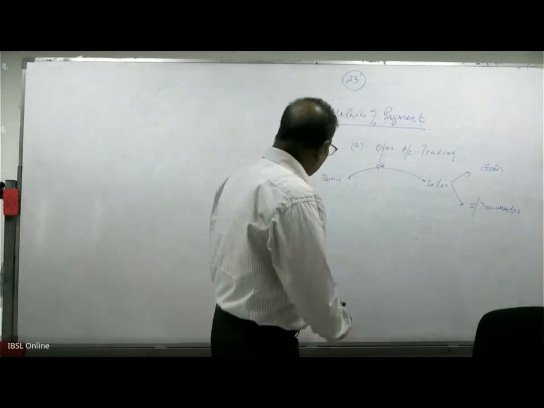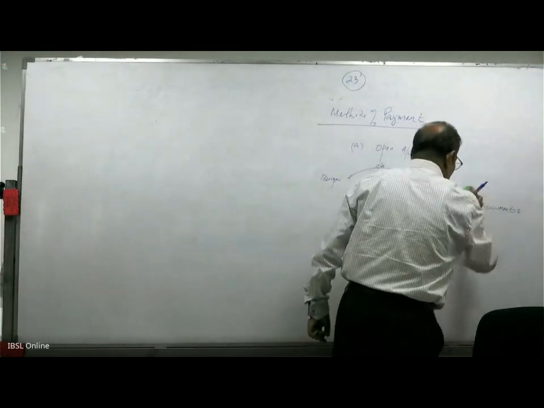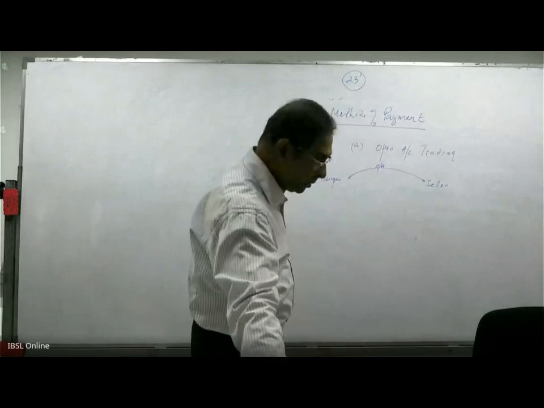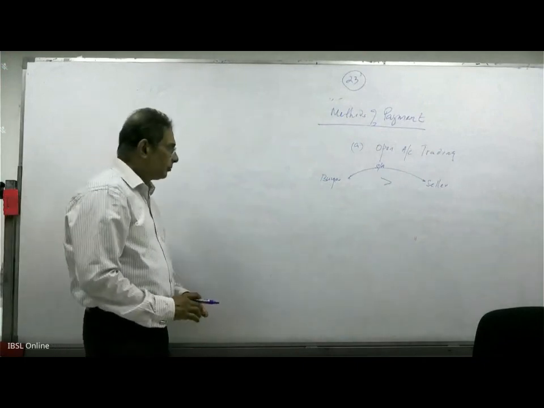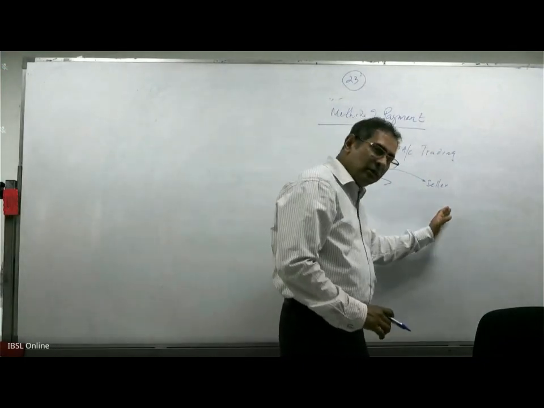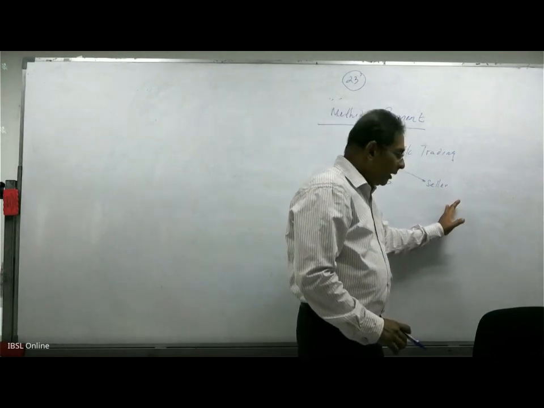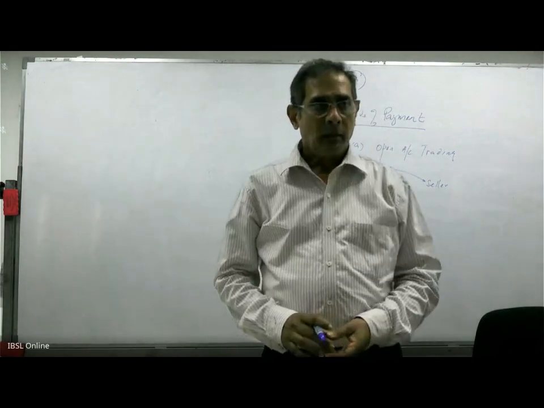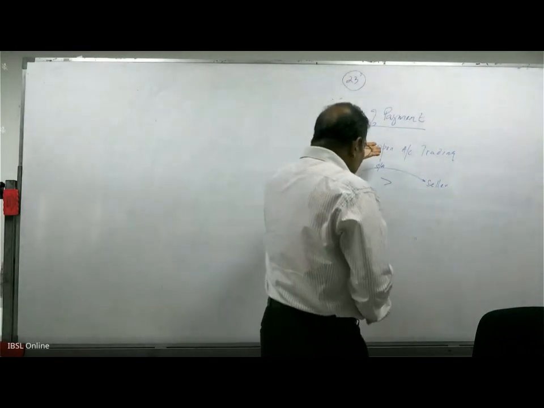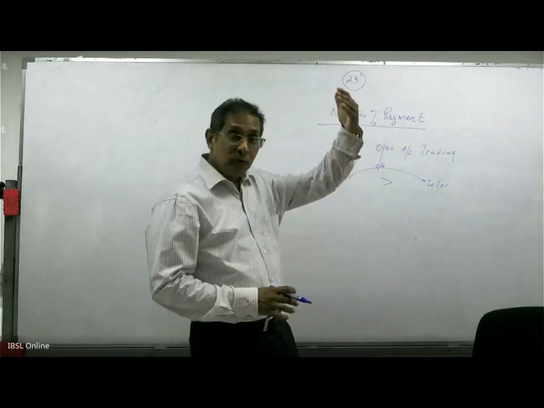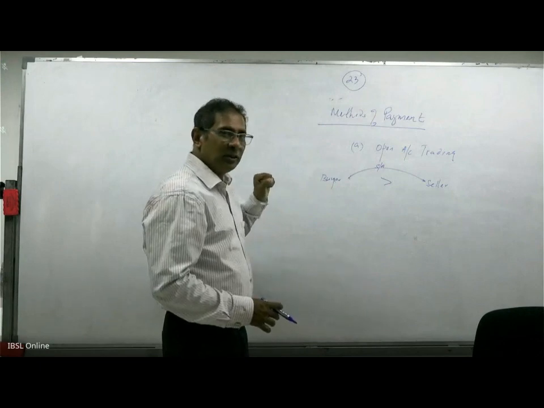So we have the buyer and the seller. Open account trading exists when the buyer is stronger than the seller. When I say buyer stronger than seller, it means the buyer can find bundles of sellers in the seller's country. The buyer has more purchasing power than the seller, so the buyer is in a dominant, dictating position over the seller. So the buyer is stronger. He will dictate the terms of the contract of sale.